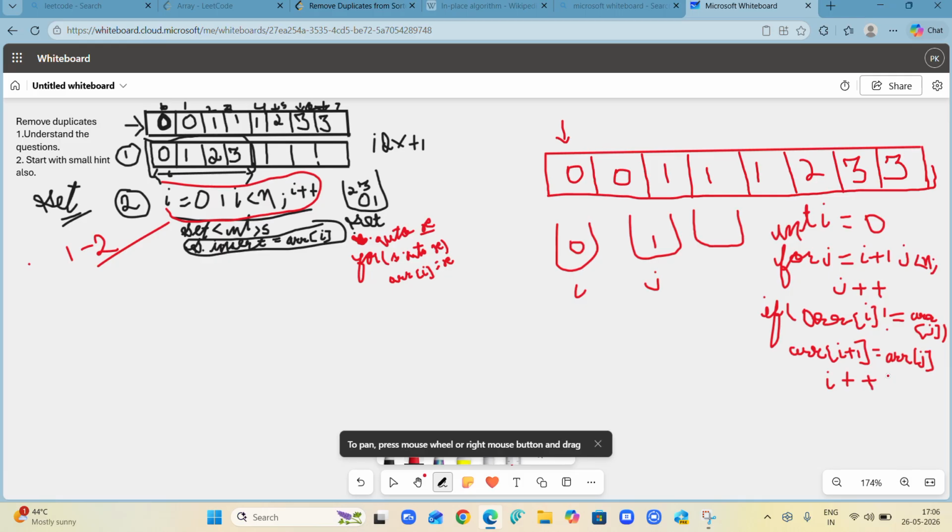Perfect. Now I have got the logic. Let's dry run it. Then I'm applying i plus plus, meaning I shift my comparison to the element that has come beside me, and I'm going to iterate through the entire loop.